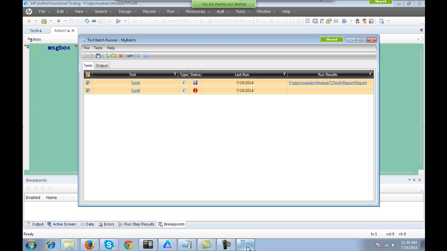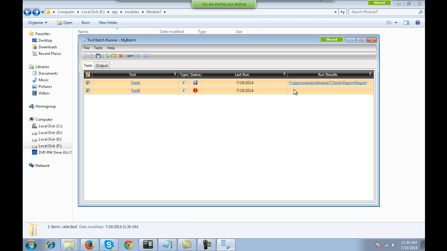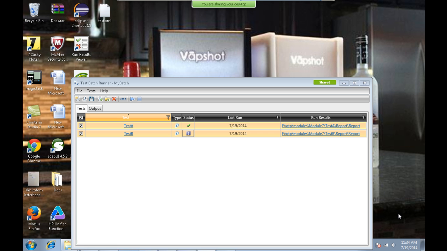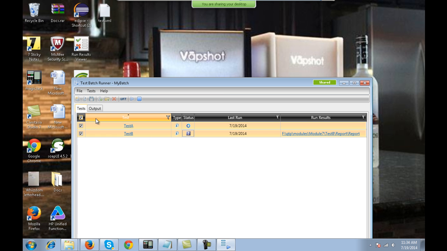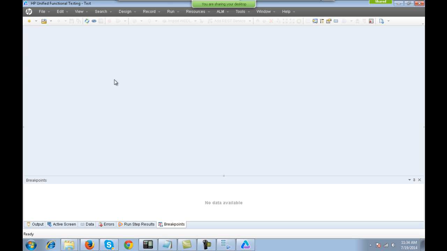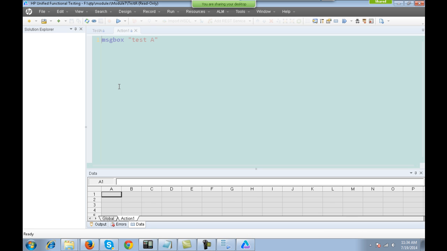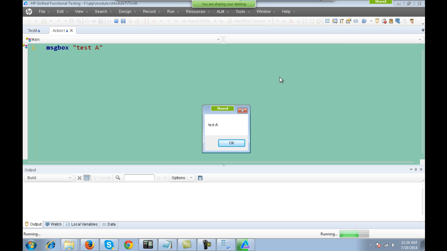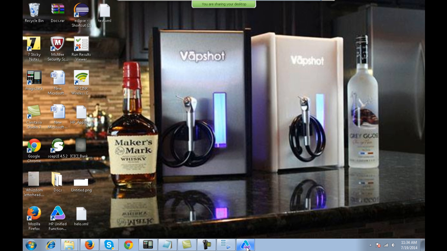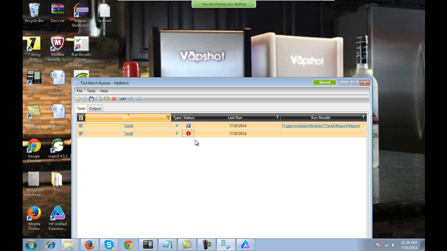Then if you look at batch, right, it says that QTP could not run. Hold on, let me close QTP. Let me close it. Fine, you see the results link also comes up over here in the end. Fine, I've closed my UFT, right, and now if I run this, you will see that, hold on, I've closed my UFT, the first test launches, right, it prints test A over here, right, and in your batch runner the second test never launches, it again fails.